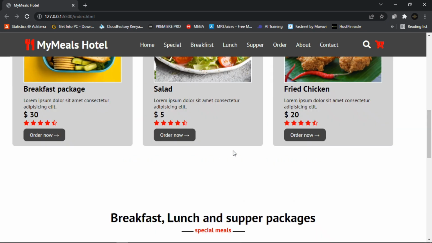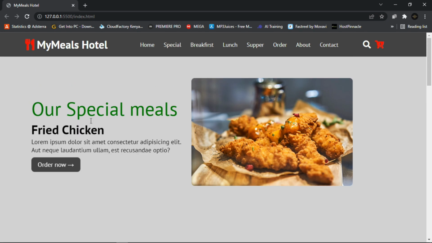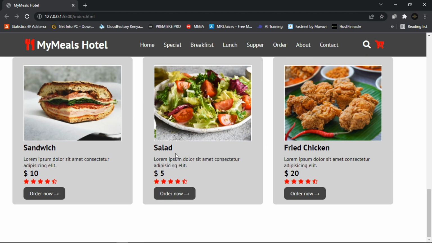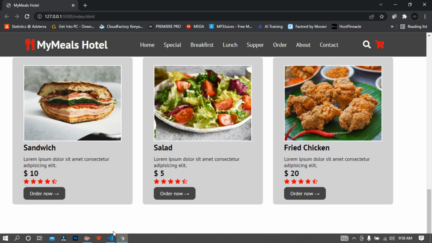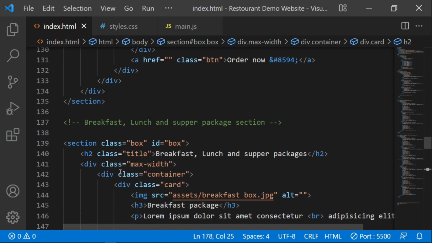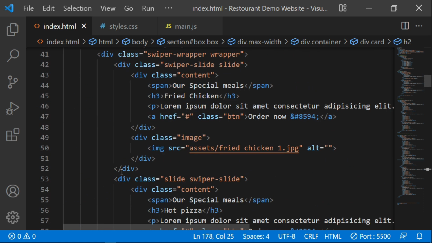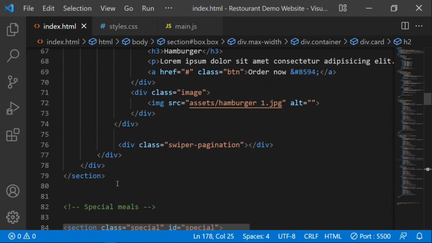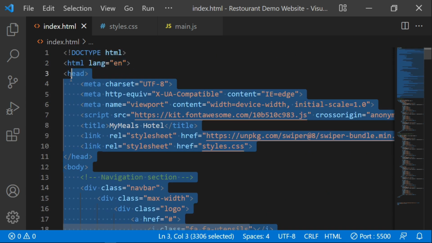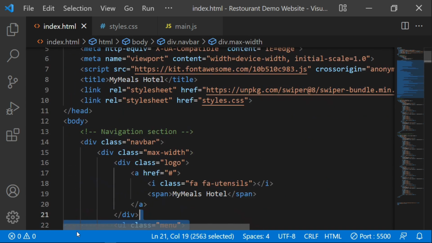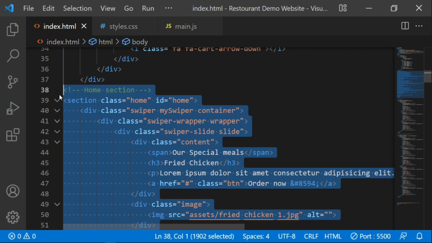But now guys, I want us to create another section like this one. I want us to create the featured meals here at the bottom. So what I'm going to do now, guys, let me copy the home section. A home section up to where? Let me copy this home section,